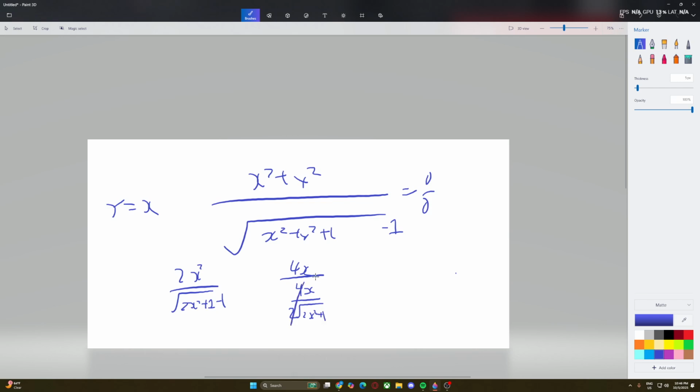Cancel those out, and all we're left with is 2x squared plus 1. And you'd still get 2 as your answer for the limit of x approaching 0. So, I mean, you can't directly prove it, I suppose. I mean, you probably could, but